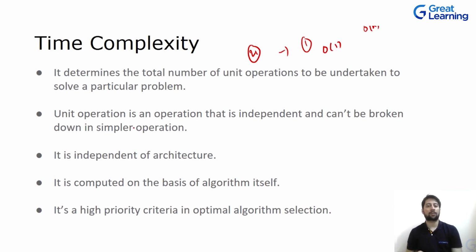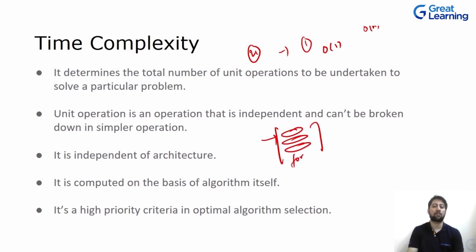So to solve a particular problem, you determine the number of unit operations. Now, a unit operation is an operation that is independent and cannot be broken down into simpler operations. It is independent of architecture. It is computed on the basis of the algorithm itself. You have an algorithm in place, and based on that, you compute the time complexity of each and every step,